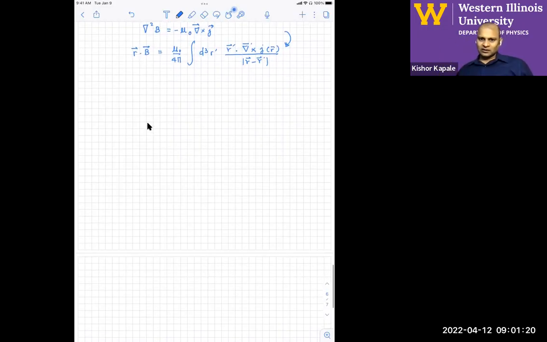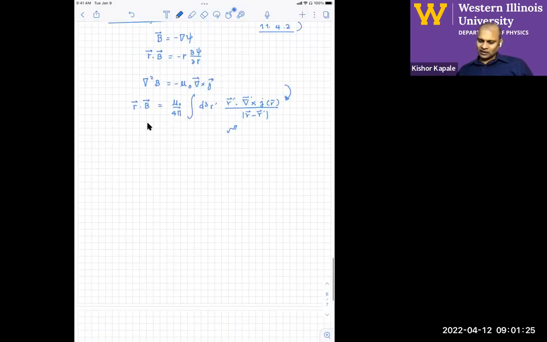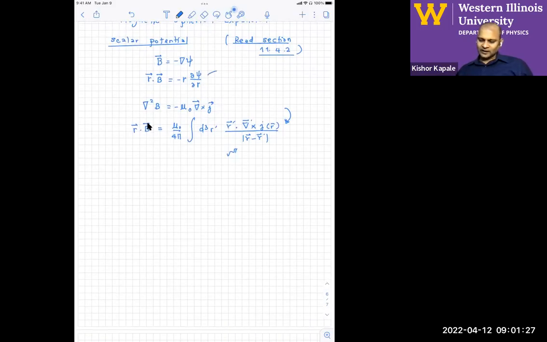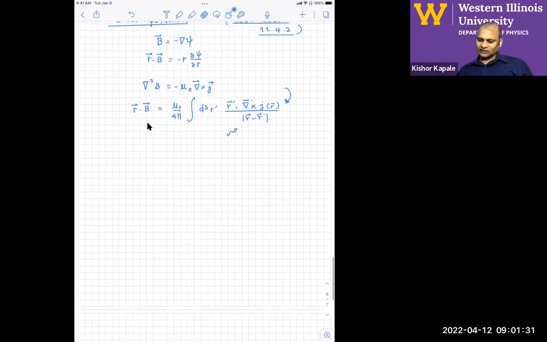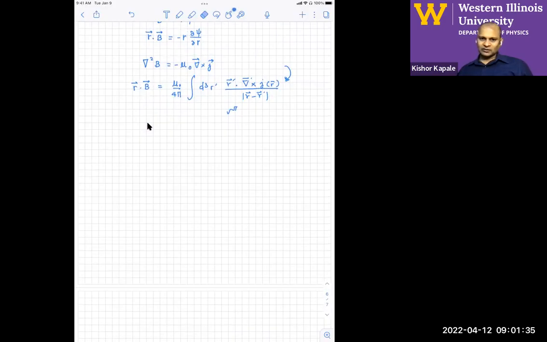Ignore some of those details, but the idea is r dotted with B is the gradient of psi of r, which includes this 1 over |r minus r prime|, and so that means you can use the spherical expansion